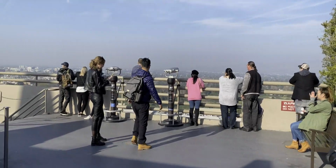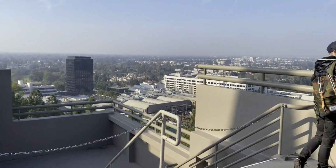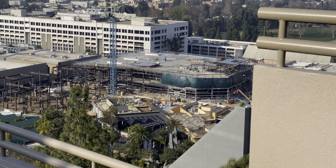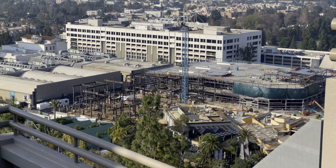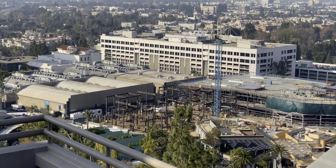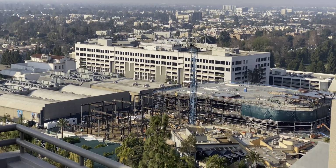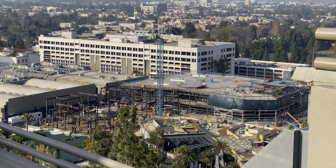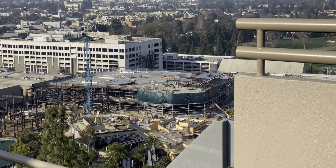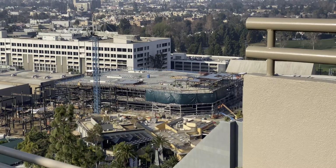Now I'm in the smoking area, so I'm going to try and be really quick, but here to look at the lower lot construction. And a lot has been done. Looks like that steel that's on the left is filling up a lot more of the land, giving credence to the fact that yes, this is exactly what we think it is. It does look like there is some tarp on the right side of the show building that's covering up our usual viewing spot, so hopefully we'll be able to see a little bit from down there. I'm not sure what we'll be able to look at,